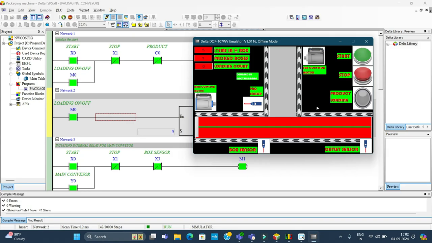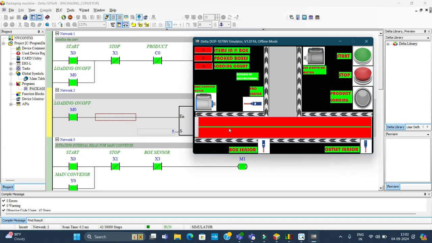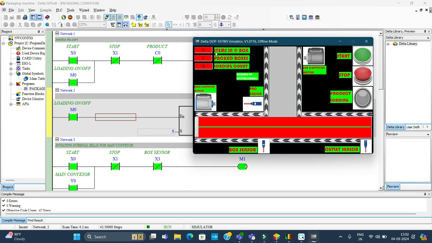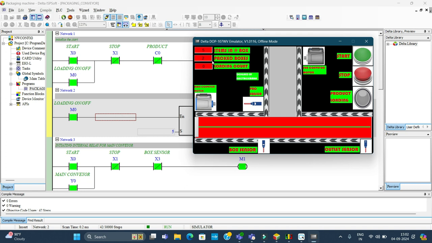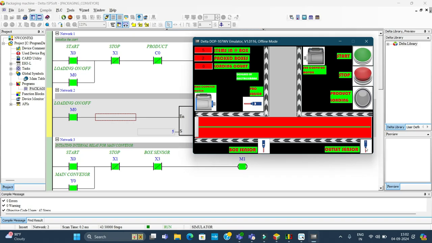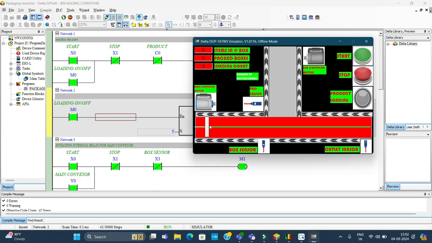But now you can check on the results. If you check on the results, we see we have items in the box. Items in the box are supposed to be 5. Packed boxes, there are 2, just because I pressed this one 2 times. You can see it's already on. When it reaches here, we go,